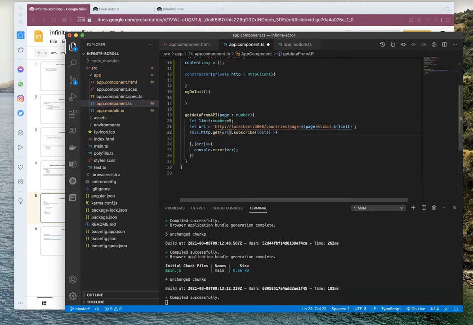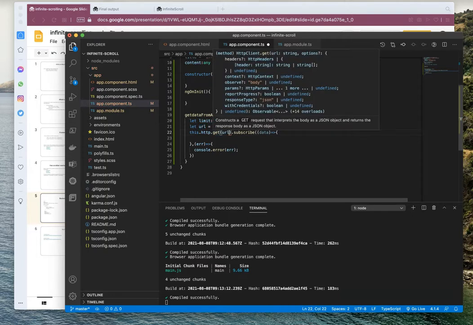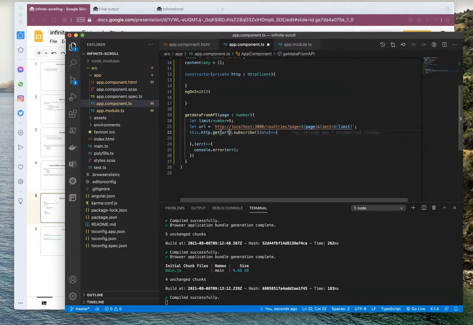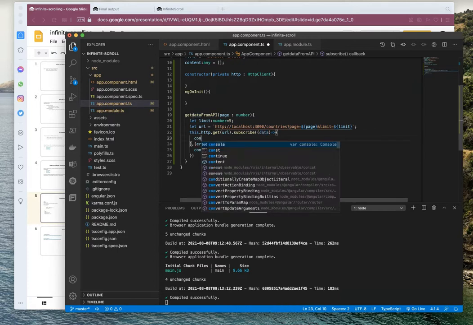This URL is passed to our HTTP object's get method, and this will return our HTTP response object. Let's print this object.